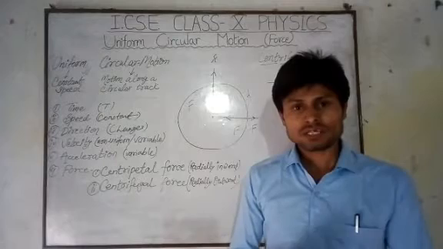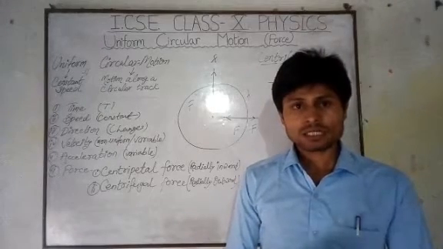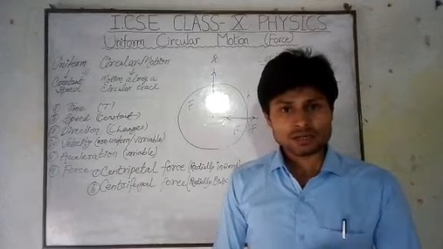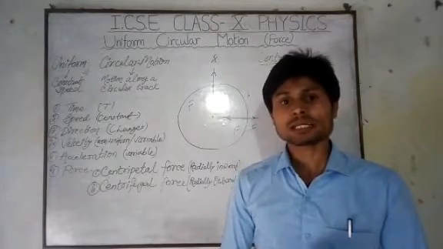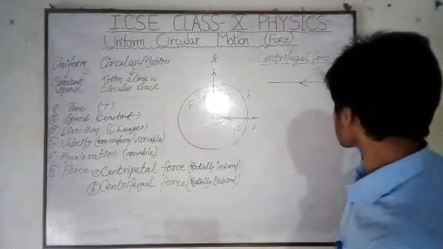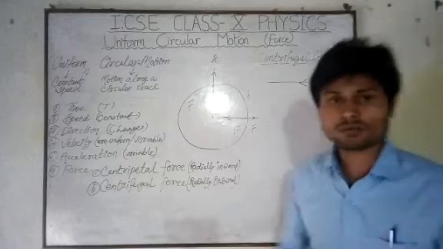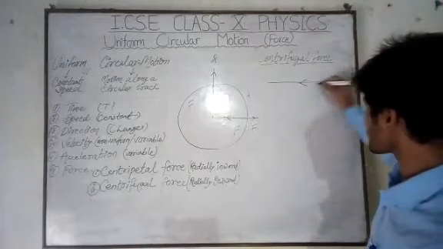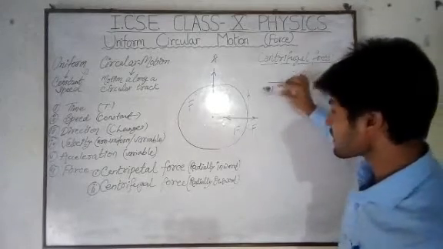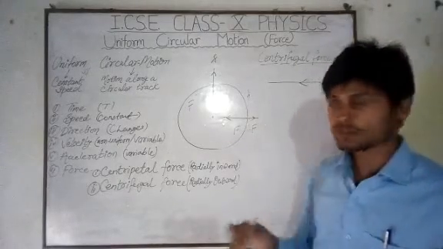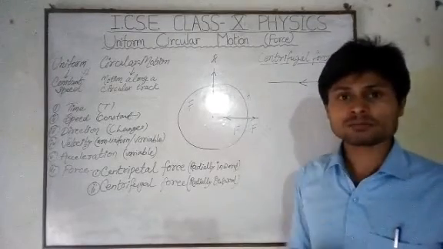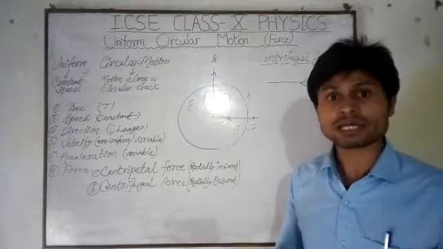To know more about this centrifugal force, we consider the first law of motion, and we all know that according to the first law of motion, a body retains its state of rest or its state of uniform linear motion unless an external force is applied on it. Now suppose a body moves in a linear direction with uniform speed, that means with constant speed. Suppose this is the direction of motion. So the body retains its motion in the linear direction without any acceleration. The acceleration is zero. So when the body is moving in linear motion, the body is not accelerated.